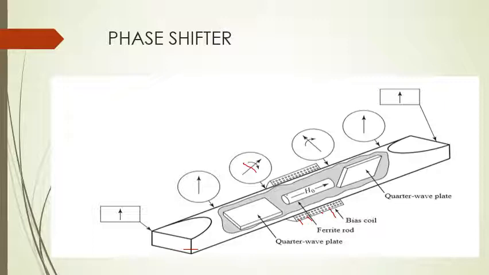After this transition has taken place, the signal has to return back to linear polarization because the signal initially was linearly polarized. You had TE10 which you converted into RHCP, that is right hand circular polarized. Now this RHCP, after getting a phase shift of 90 degrees, has to return back to a linearly polarized wave. That function is done by this quarter wave plate, and this will make sure that it is returning back to linear polarization and the signal will be returned in the form of a TE10 wave, as you can see by the red color arrow which I have drawn, and the signal will be coming out.